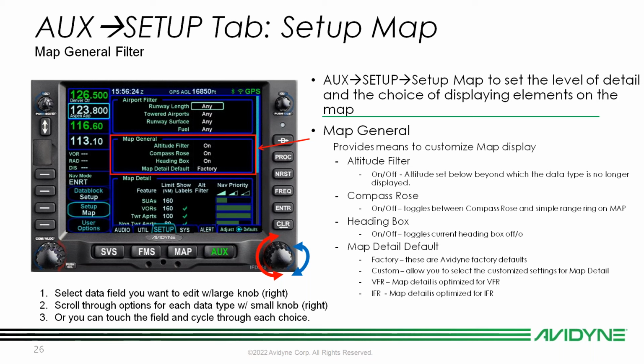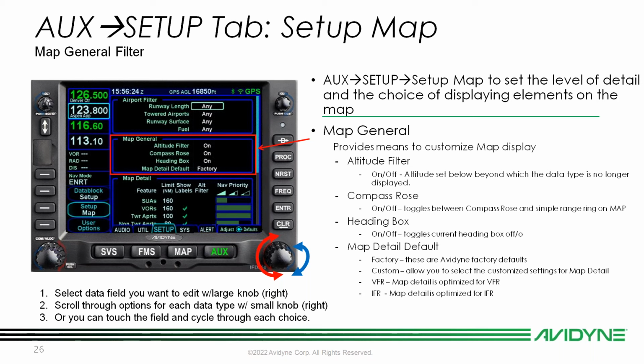The compass rose: on your map itself, if you get to your map page, you'll see that big compass rose on the bird's eye view. That just turns that guy on and off there. Your heading box toggles that current heading box on and off. That's the big rectangle block with the numbers there on the map page that you're used to seeing, and I'll leave that there. So your map detail default, we'll typically see that set to factory,